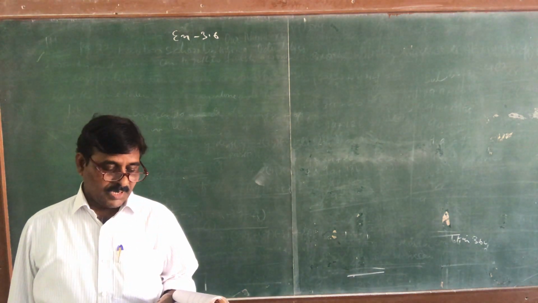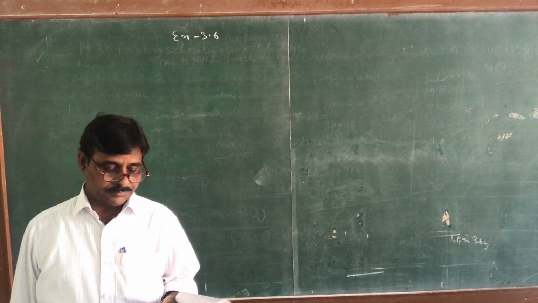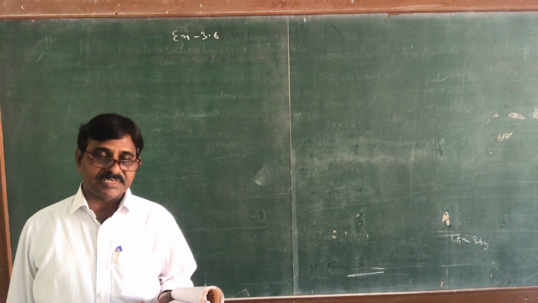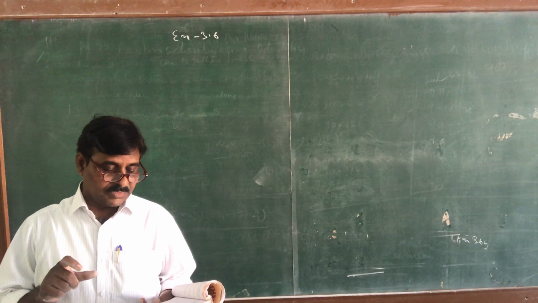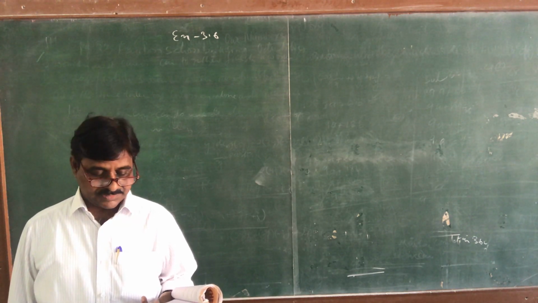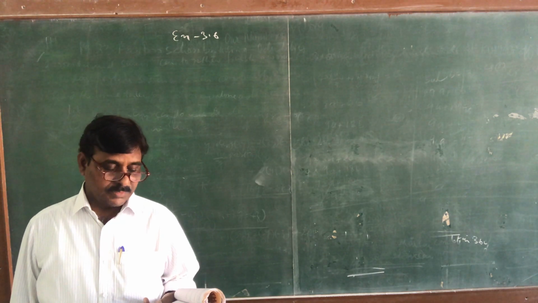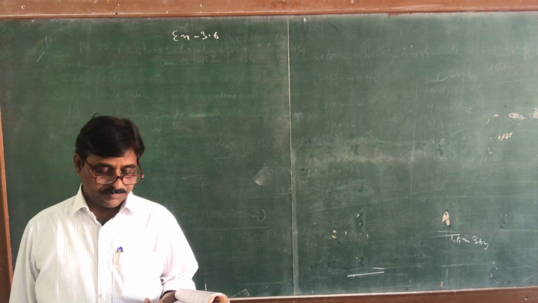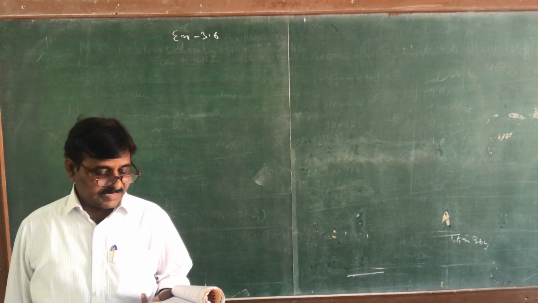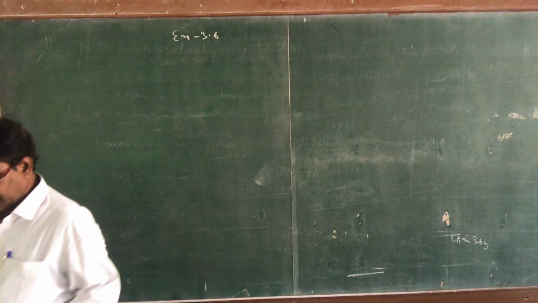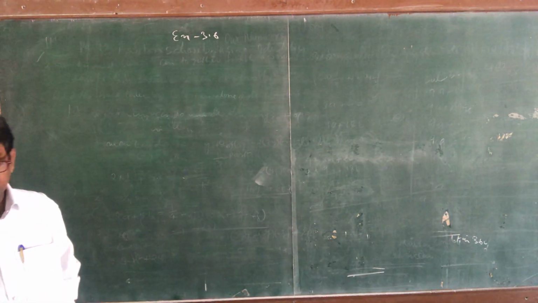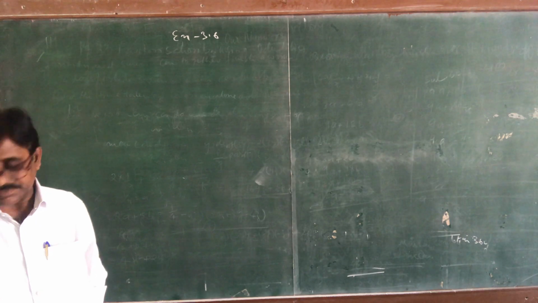See once again, Ruhi travels 300 kilometers, partially by train and partially by bus. She takes 4 hours if she travels 60 kilometers by train and the remaining by bus. If she travels 100 kilometers by train and the remaining by bus, she takes 10 minutes more than the 4 hours. Then find the speed of the train and also the bus separately. So here also the same way we have to write the given problem in the form of equations.